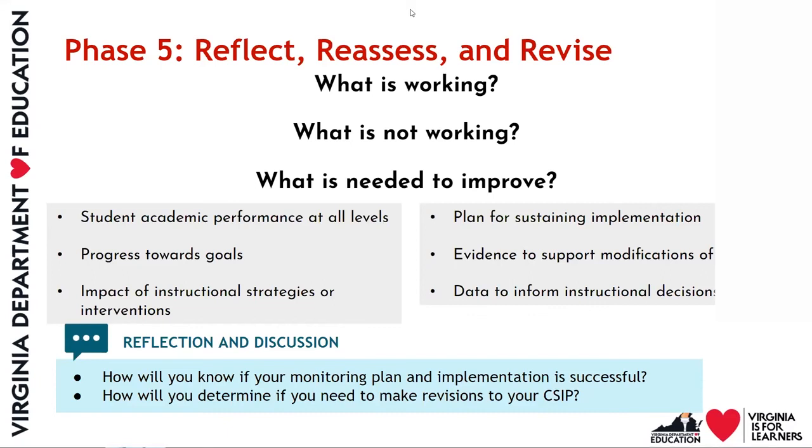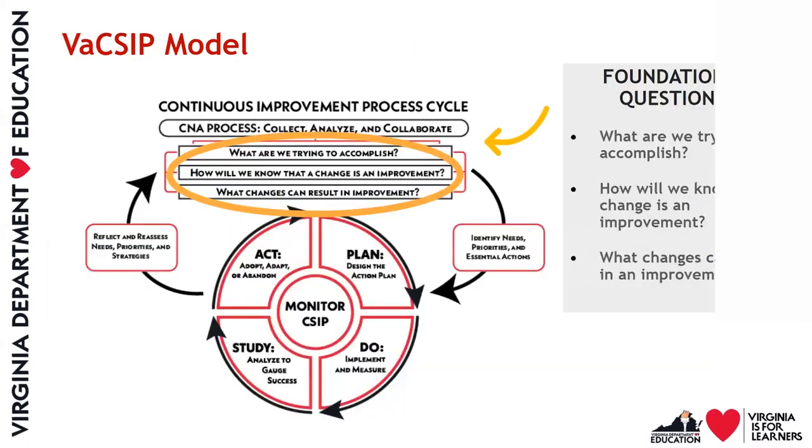And really remember, it's a team decision, right? So you want to think about your team, you want to think about your stakeholders, you want to think about bringing in a lot of people that are part of this to make the decision. That's a big component, but really reflect on that. And that's going to take time. Some people are more reflective than others, but really be thinking about how do we improve, how do we move forward. And so this all ties back to our VA CSIP model that we started with at the beginning